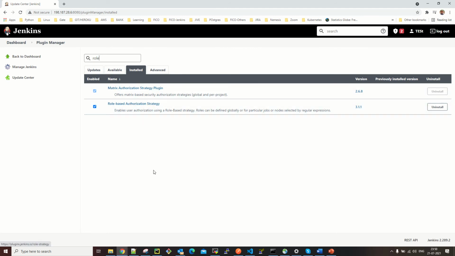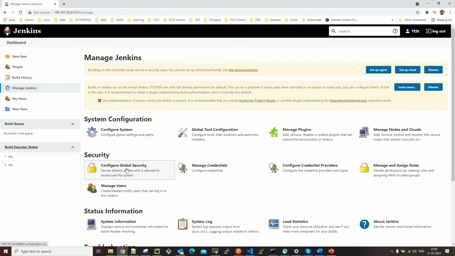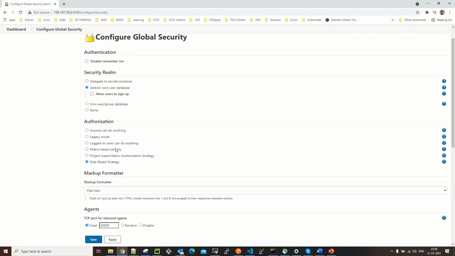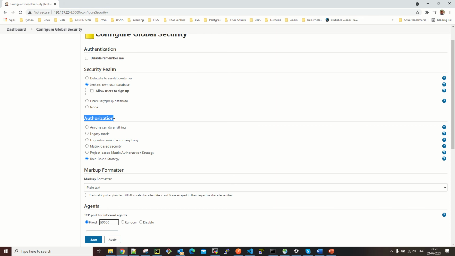Once this is installed, you need to go back to Manage Jenkins and then Configure Global Security. Here there is an option called Authorization. By default, the role-based strategy will be unselected.